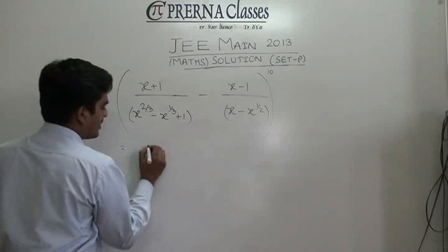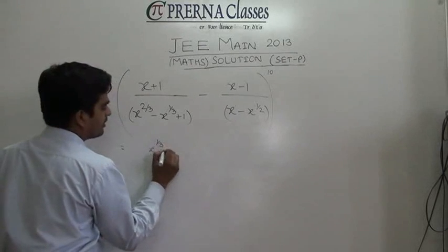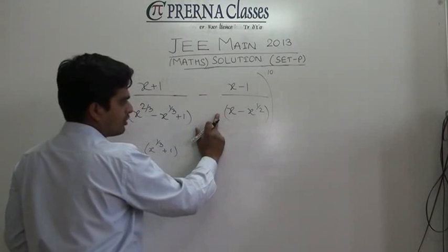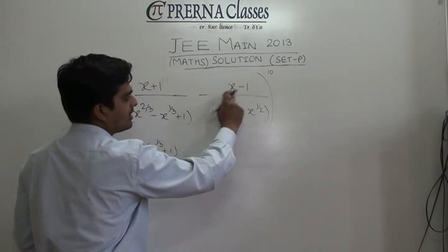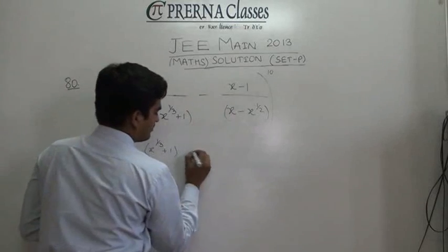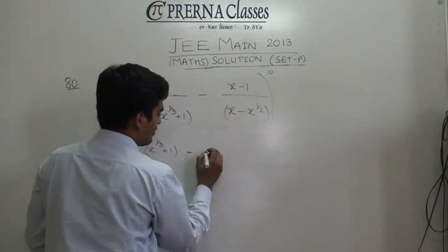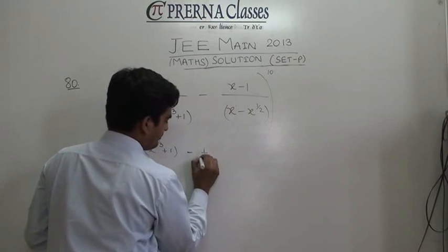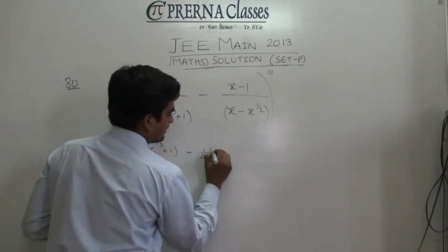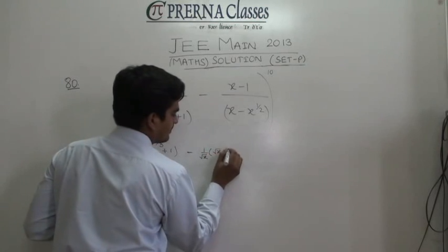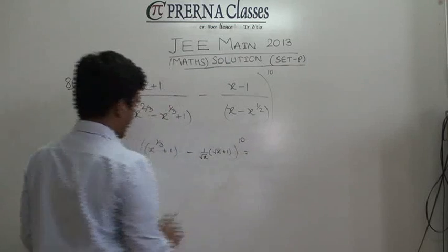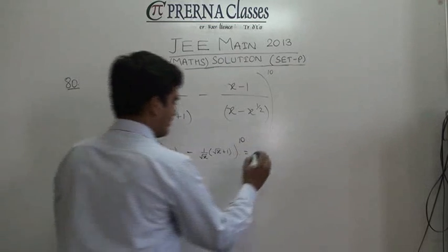If I simplify this, we'll end up getting x to the power 1/3 plus 1. If I take root x out of this place and then treat it as a square minus b square of root x and 1, you will find that this quantity is then going to simplify to, which you can check, it is simplifying to